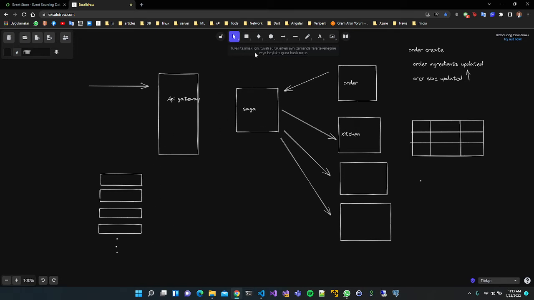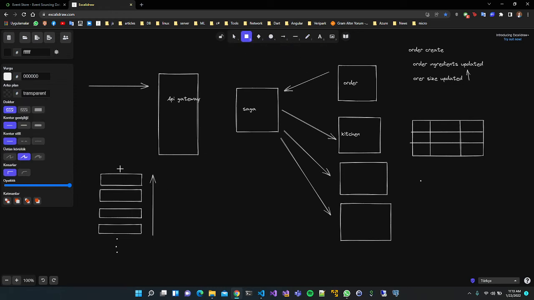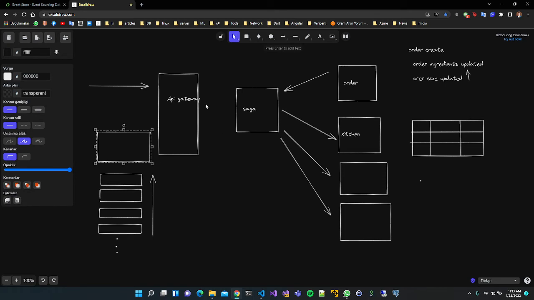Okay, then, if there is this kind of problem, you can create the object by applying the events. For example, if you create an object in C# like an order, and if you apply all these events in the database to this object, you will get an object that has the current state.